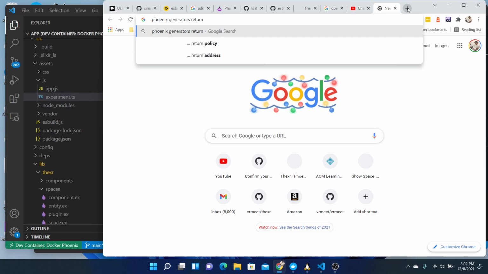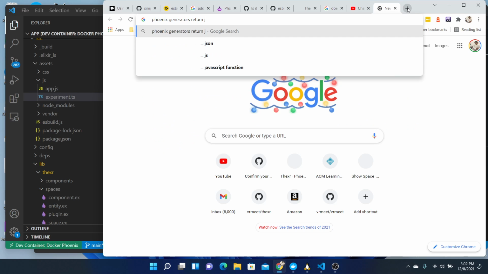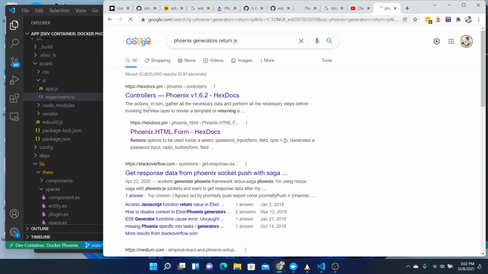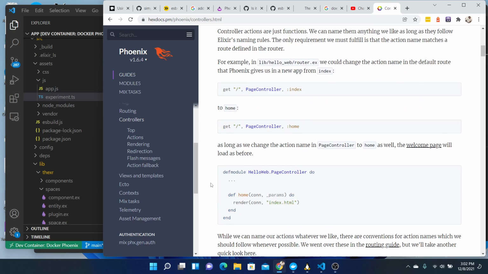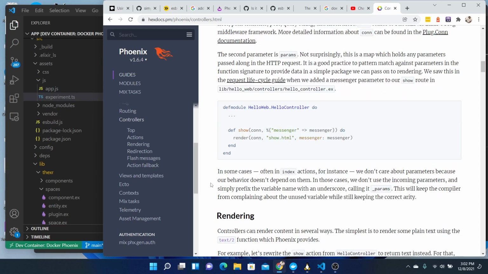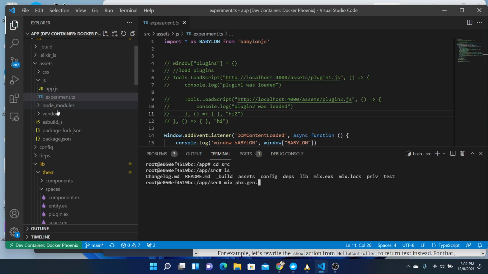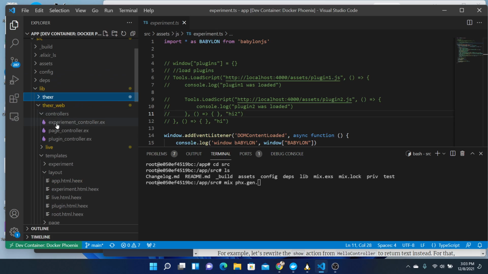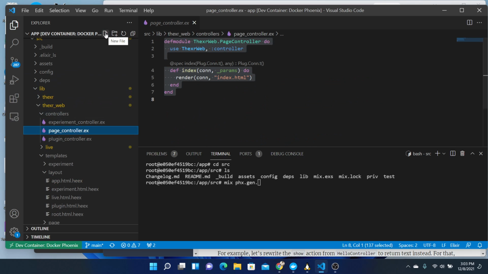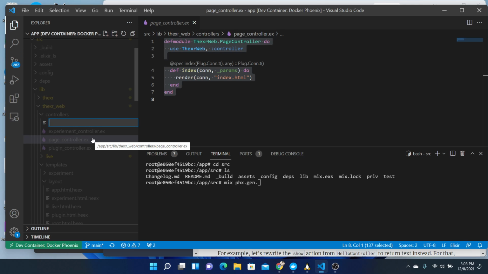Return JavaScript. Well, let's not use a generator. I think we can just do this by hand. So we can go into front-end web controllers. We'll create a new controller called web worker